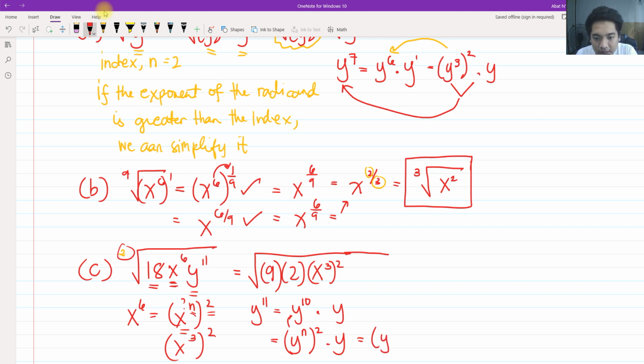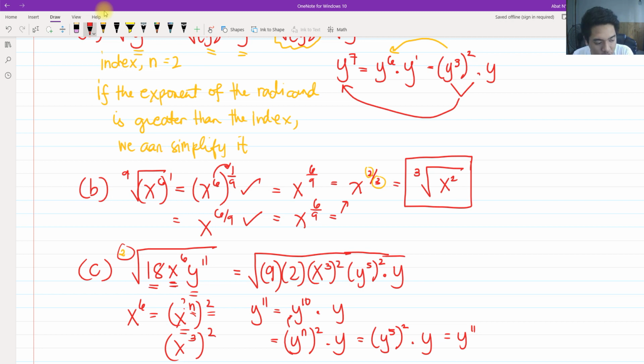So if I rewrite this as y raised to 5 squared, y raised to 5 squared is y raised to 10. Okay, we multiply the exponents when it is raised. We add when it is multiplied. So since this is raised, 5 times 2 is y raised to 10. Then multiplied by y. So this is simply equal to y raised to 11. I'm going to rewrite this as y raised to 5 squared multiplied by y. Okay? So again,